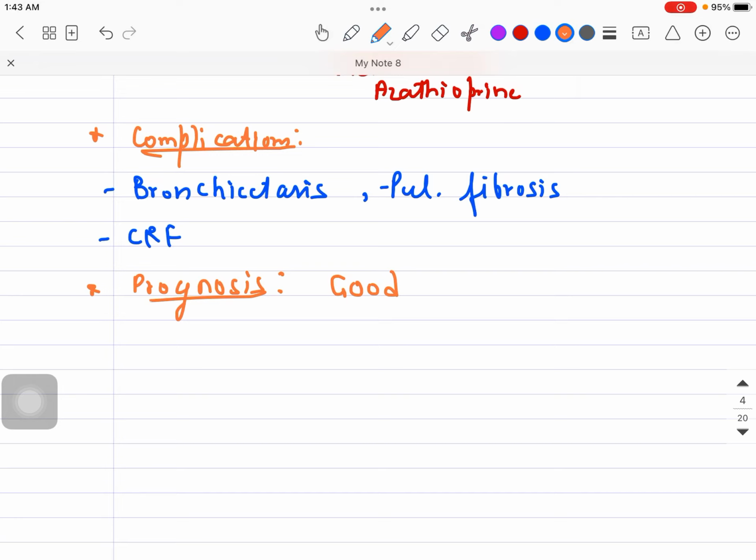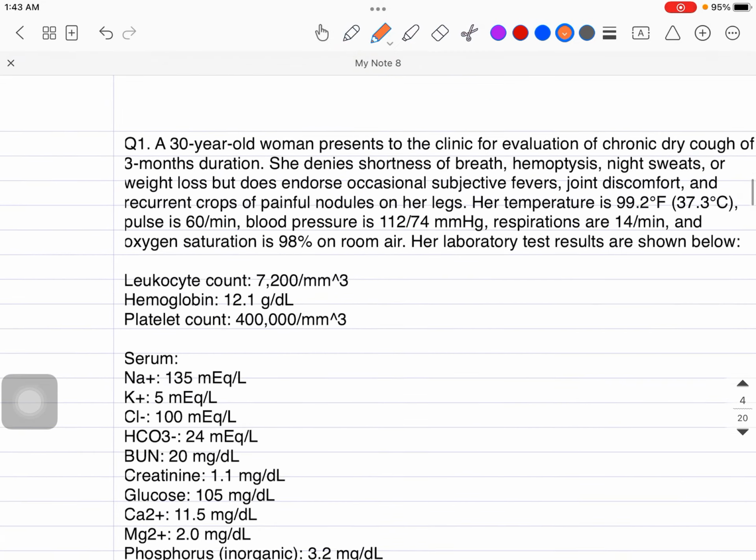But as far as symptomatic persons are concerned, there are problems like not being able to make the diagnosis. Meanwhile, you are testing your patient, running multiple tests, the patient might get fed up and change the doctor, and the sarcoidosis might not be diagnosed. So that can also be the case. So this was about the main idea of sarcoidosis.